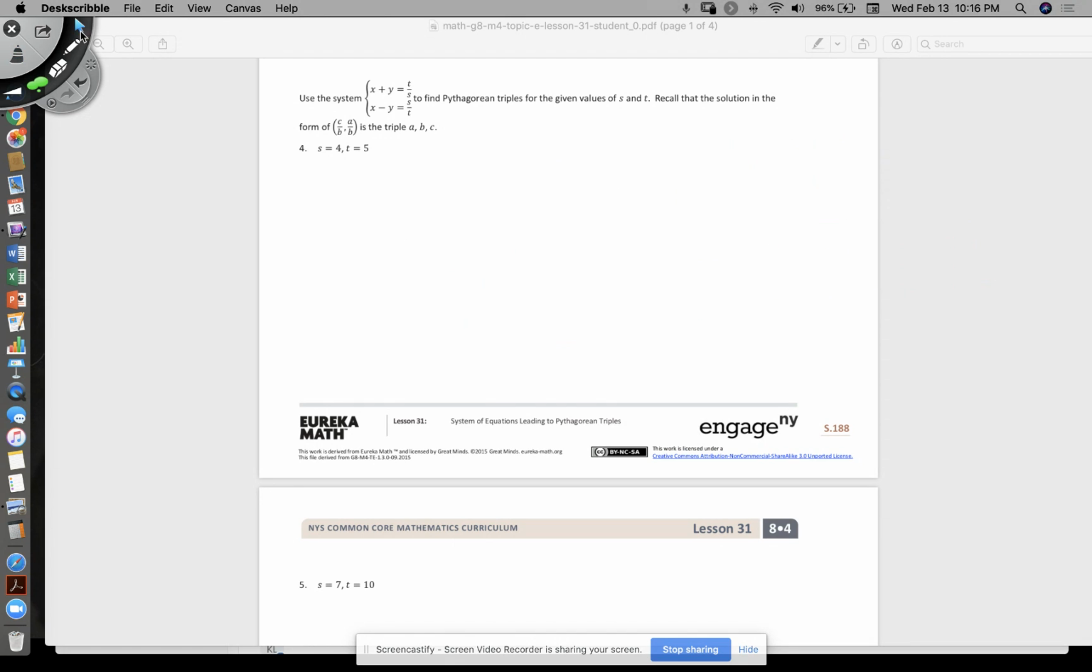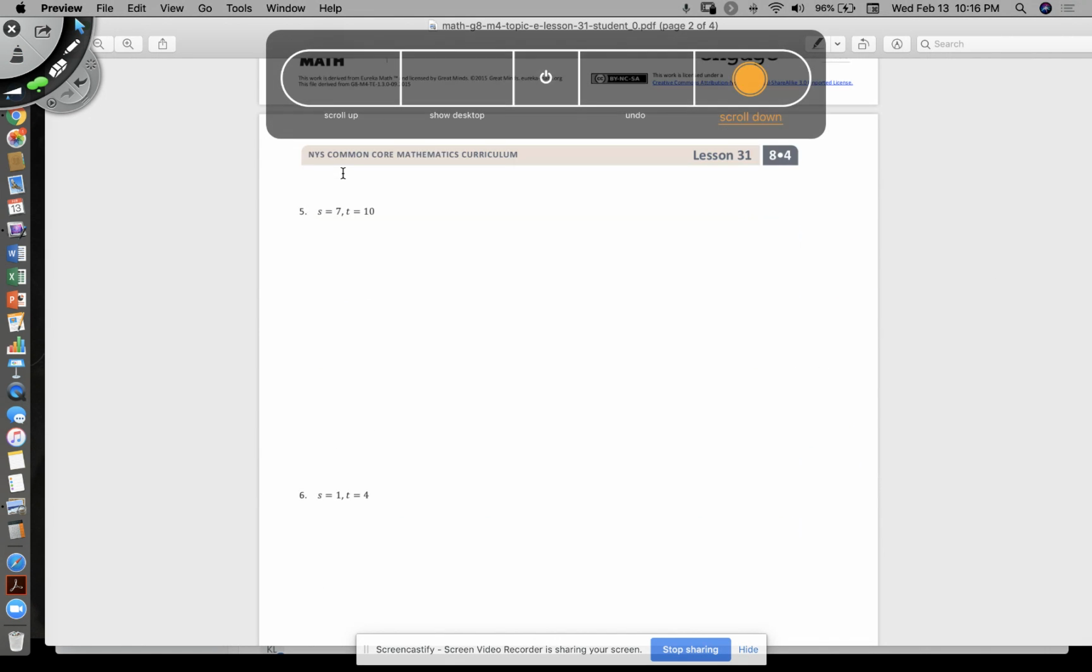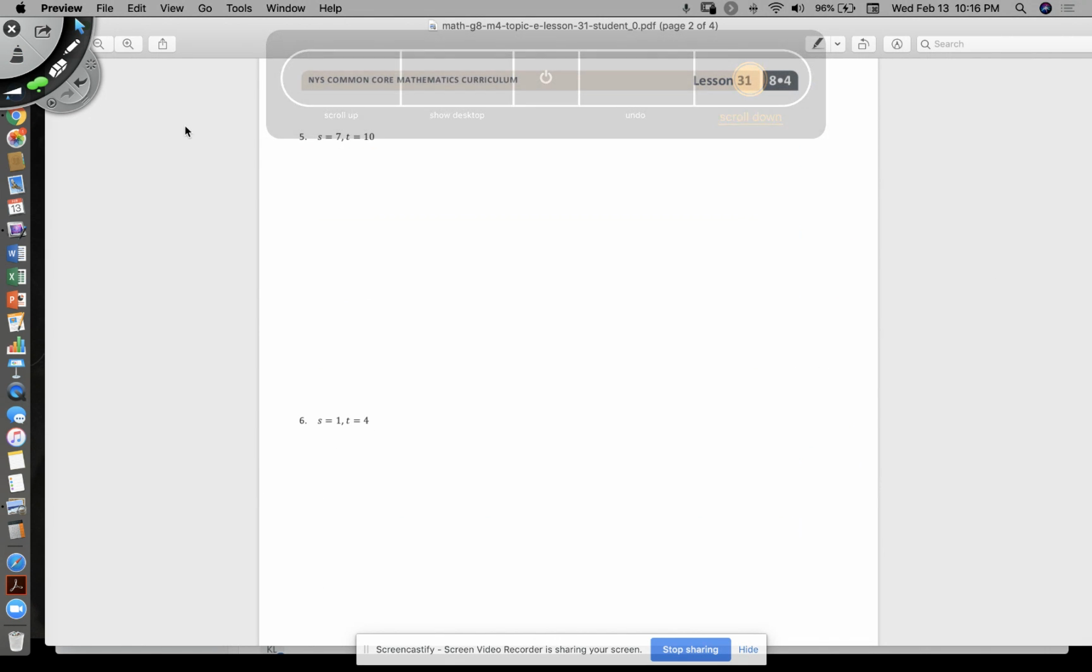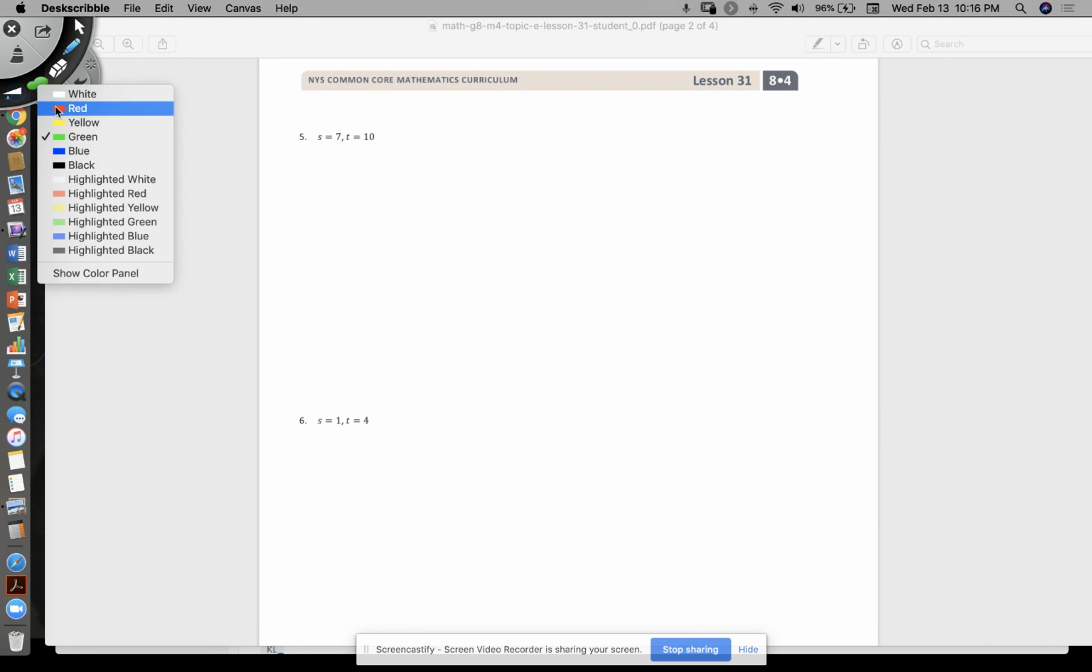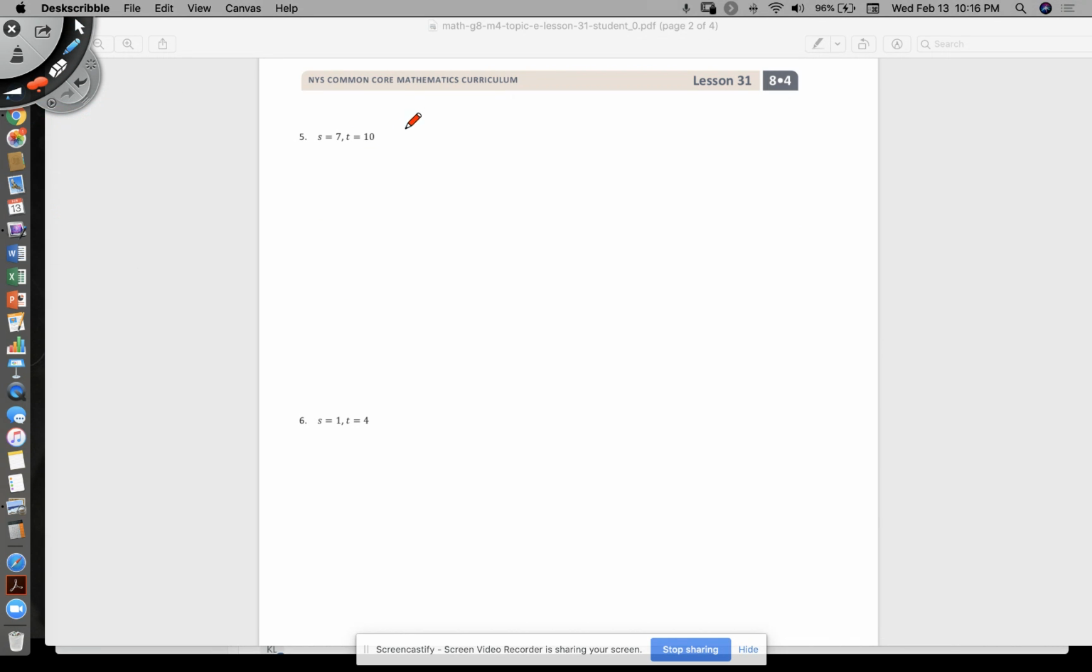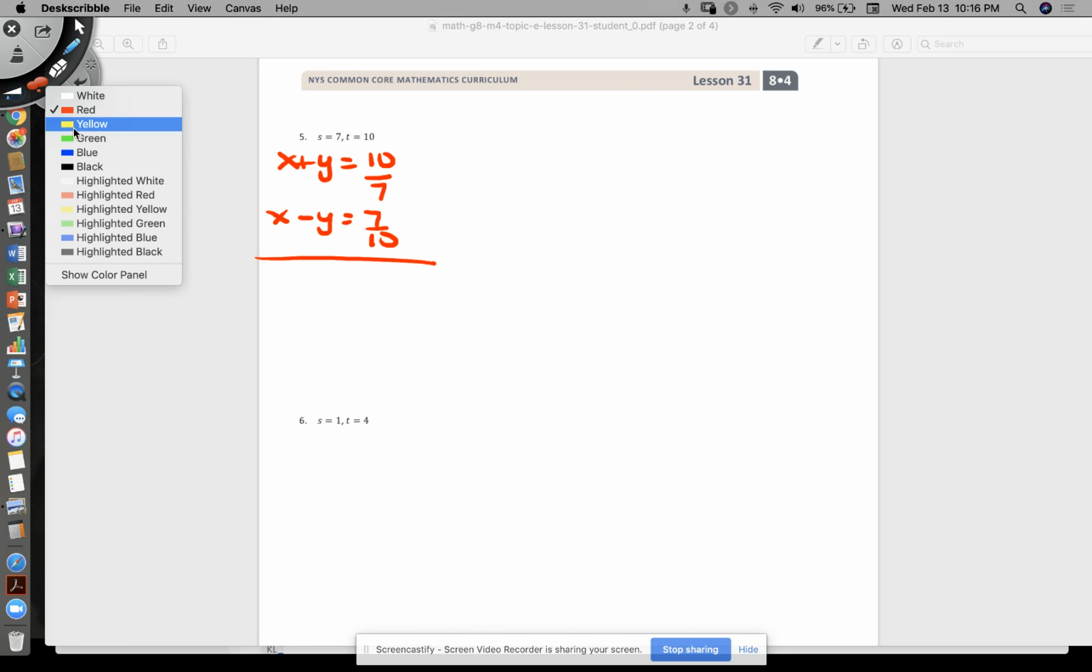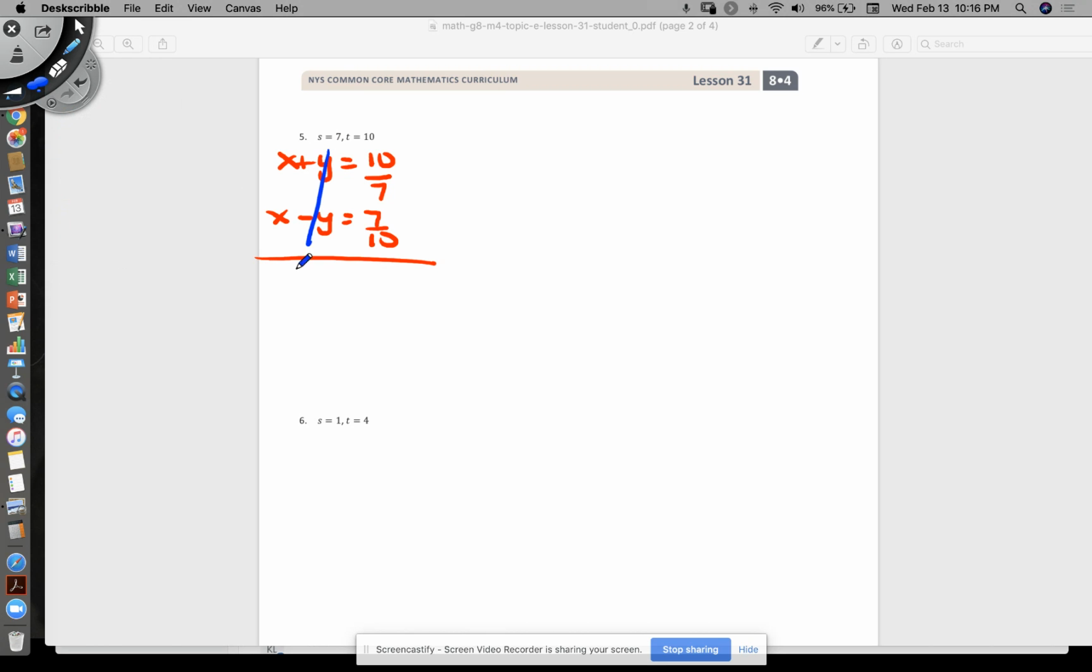Now we're just going to change our S and T's. Same format, just changing the S and the T. So here we go. I have, again, write small. I have x plus y equals 10 over 7. X minus y equals 7 over 10. There's my system. Just like before, I can cancel my y's, and I get 2x equals 10 over 7 plus